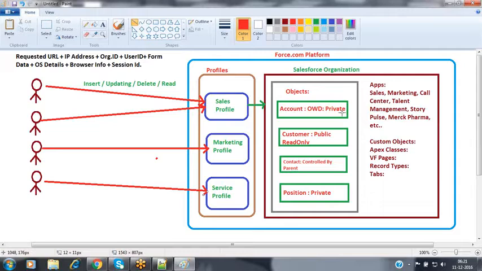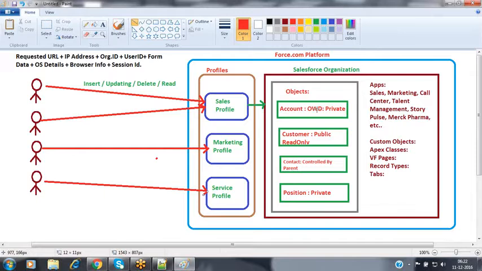The next one, for the customer record, I have given public read-only access over here. Now on this object, I would like to grant only read access or both read and write access. In this kind of scenario, if the object's OWD is granting full access to the user, for example public read write, then these records will be visible to every user inside your Salesforce organization.